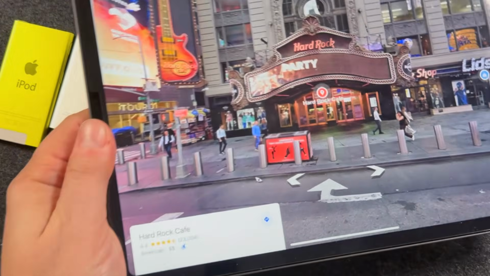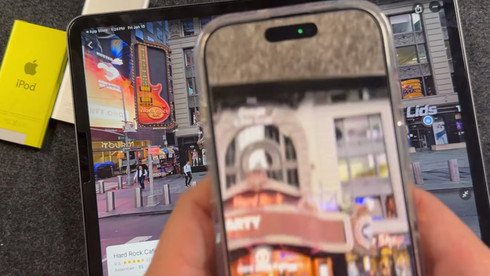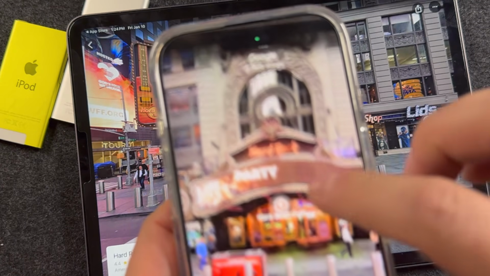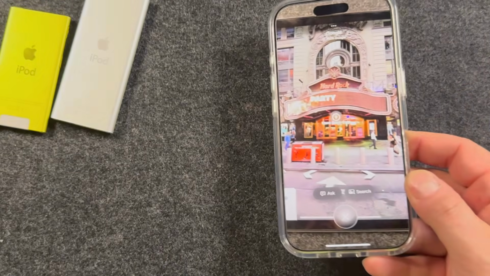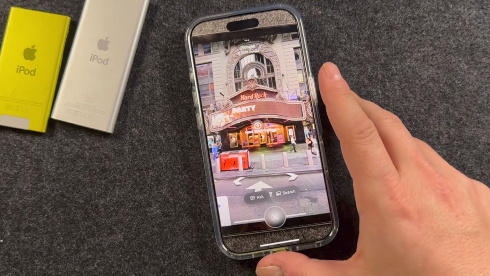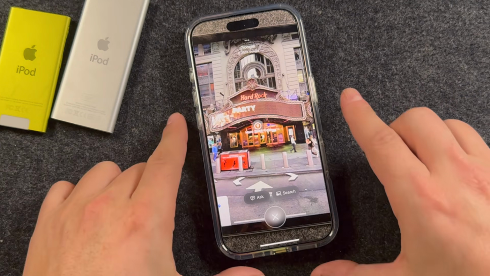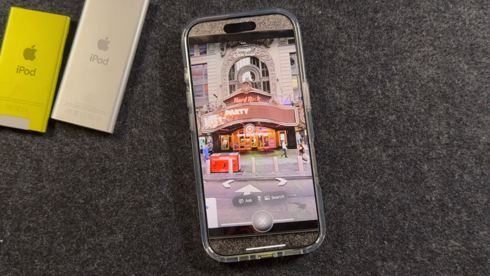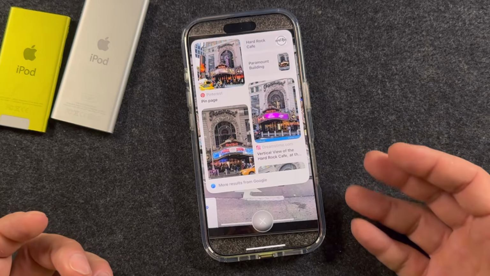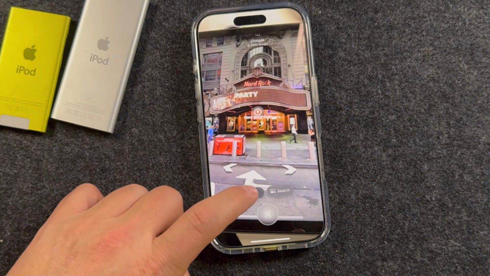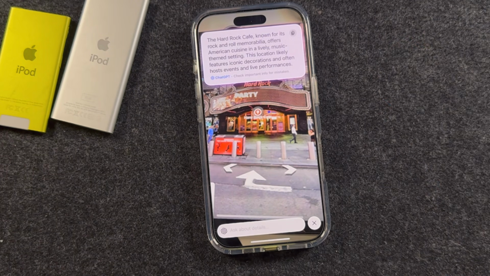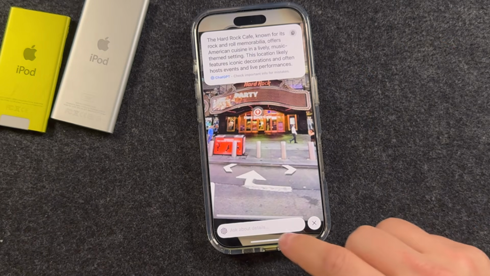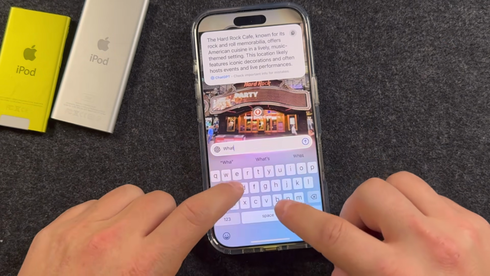One of the big things Apple showed off was its ability to show menus and tell you about places. So this is the Hard Rock Cafe here. We'll take a quick picture. This is a New York location. So pretending like I'm there, I'm like, oh, what is that? I take a picture using Visual Intelligence here, and it's giving me search and ask. So again, Google search will pop up this location, pretty popular. I can tap and see things about it, or I come back and I tap and ask ChatGPT for more information, and it'll tell me the Hard Rock Cafe is known for its rock and roll memorabilia and things like that. And I can say what's on the menu,